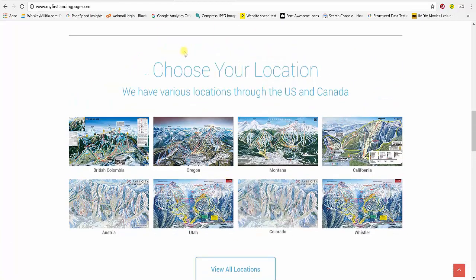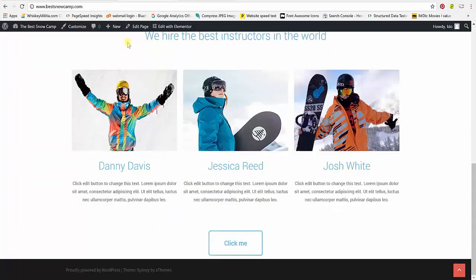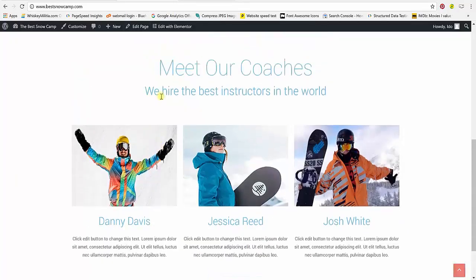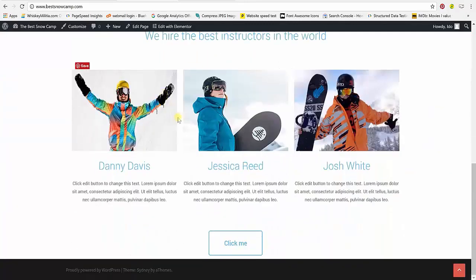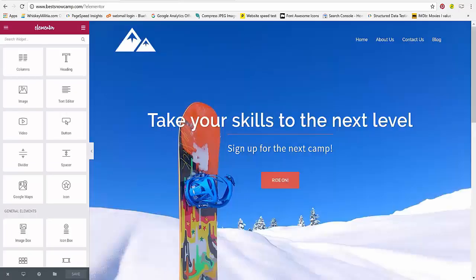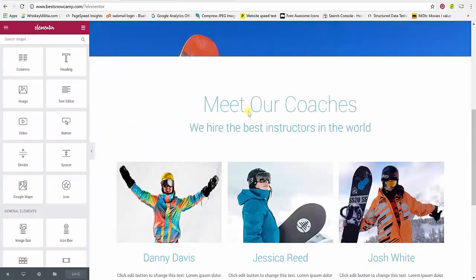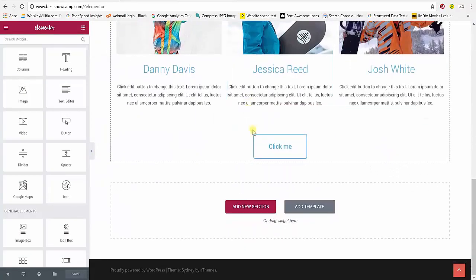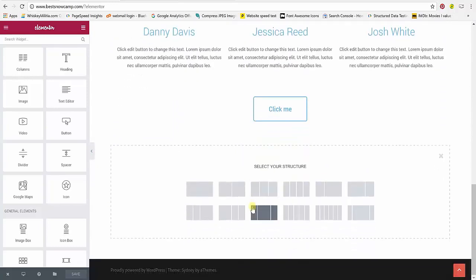Okay, so let's go back to the site that we're building right now, and we can see that the first thing that we need to build obviously is going to be the divider. We need to open a new section and start designing it, but we need to start with the divider. So we're gonna go back to the Elementor screen and we're gonna click on add new section. I'm going to choose full width section,